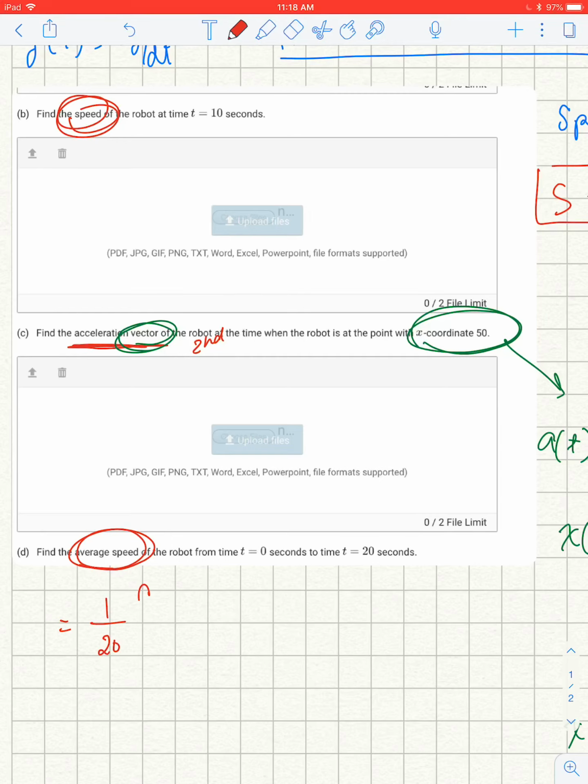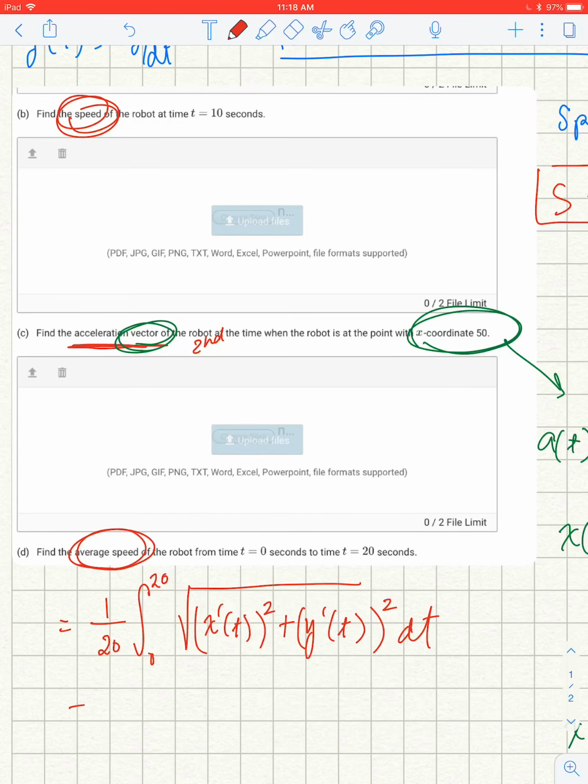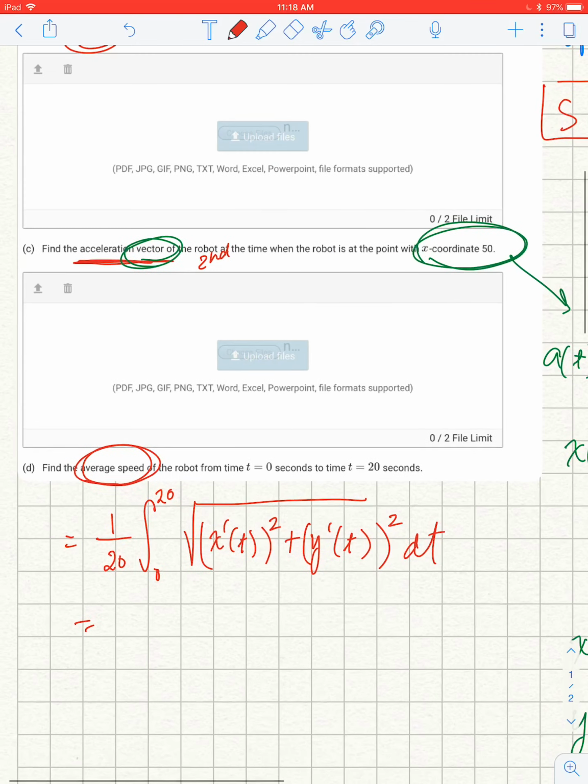So here you're going to get 1 over 20, and then 0 to 20, you do the integral of that speed function that we have, like this, squared plus y prime of t squared dt. You have to use the calculator on this one, plug that into the calculator, and you wind up getting